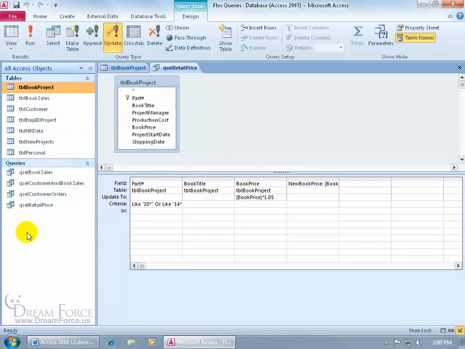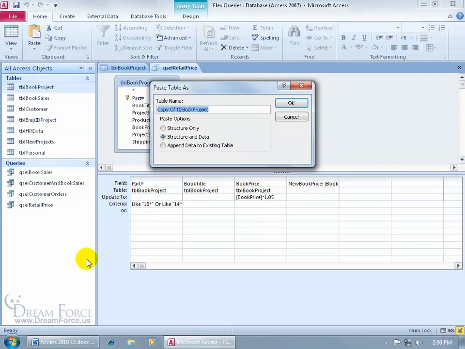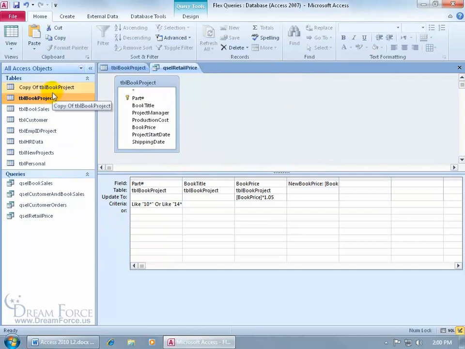If you can't find a blank area because you've got so many Access objects down below, then come up on the Home tab and click on the Paste button. And then it says, okay, we'll go ahead and copy and paste the structure and the data, the records, in the copy of your book project table. Click OK. So we have the original here,